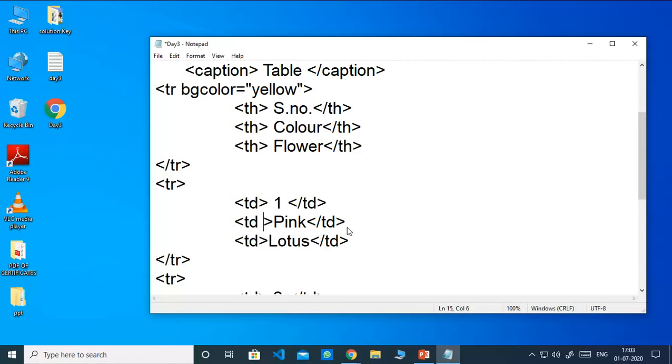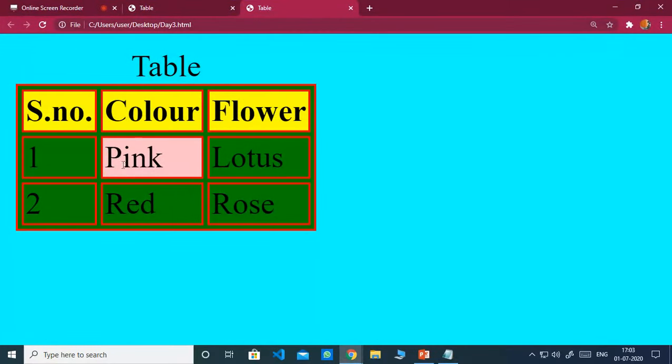So let's see, we use BG color is equal to, now I say pink, and as you see children, where I have used this BG color with the td. Now save, you can say save and run. So you can see an individual cell has been colored.